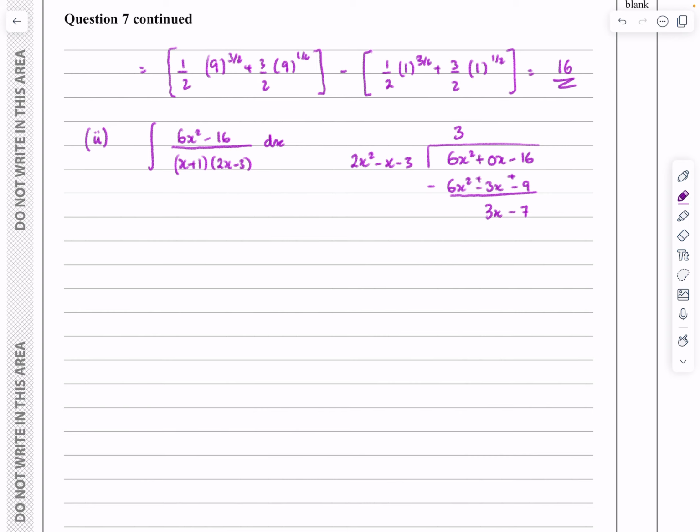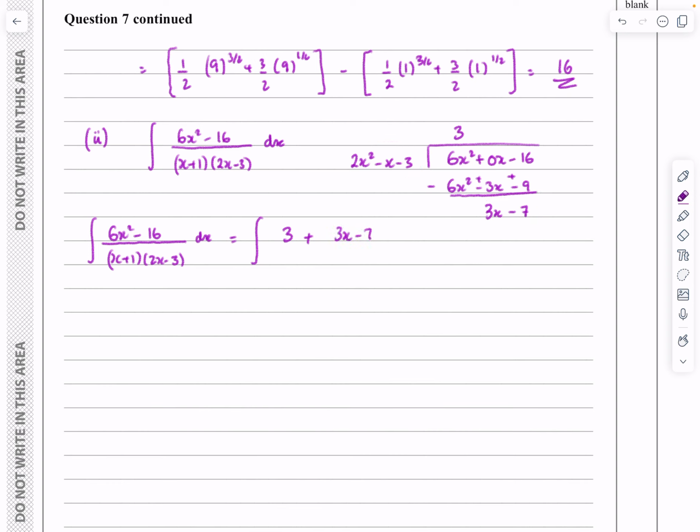So what I can now say is that the integral of 6x squared minus 16 all over x plus 1, 2x minus 3 dx is the same as the integral of, okay, it goes in 3 times. So it's 3, and then this is the fraction that's left. 3x minus 7 is a remainder, so it's 3x minus 7